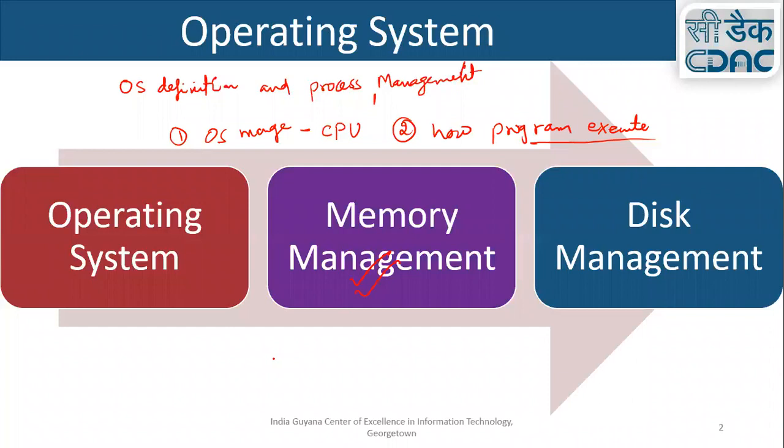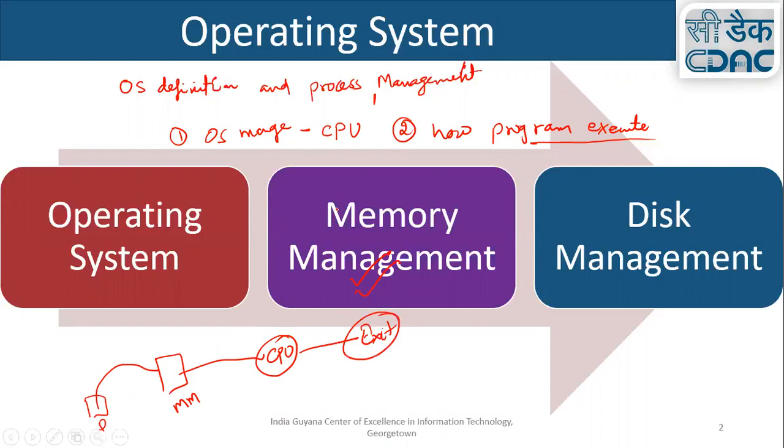While discussing the process execution, we already discussed how the process moves from the hard disk to the main memory, and from the main memory to your CPU, executes, and then exits. This is a simplified diagram. So your operating system manages how to allocate a program in your hard disk, how to move the program from the hard disk to the main memory, how to allocate the CPU. This part is known as process management.